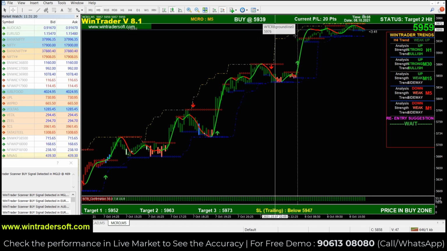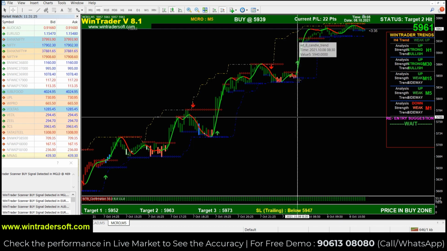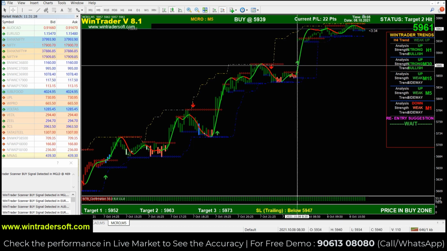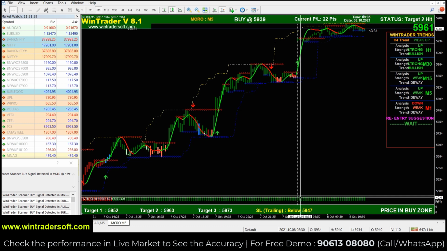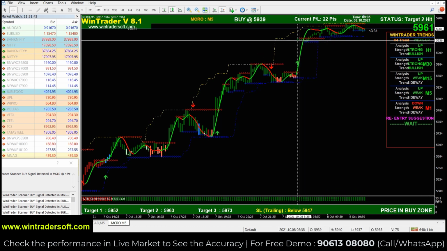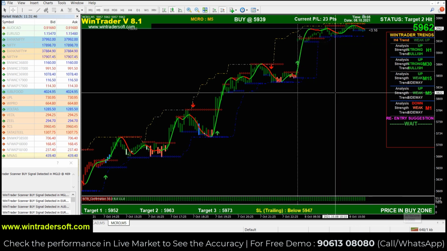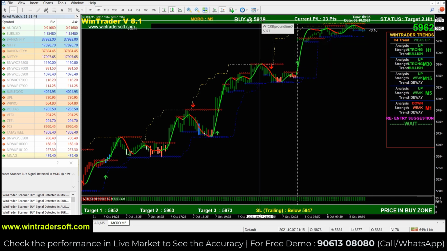Once you enter the trade, if you want to enter the buy trade, you have to confirm that signal, because we always have 3 confirmation parameters. The first confirmation is the bottom bar color. The bar color must always be green if a buy signal is generated. The second confirmation is the price zone; here it is in the buy zone. And the third confirmation is the candlestick color. The candle color must be green here. In this case, all the confirmations were okay, so you can enter the trade at 5939.